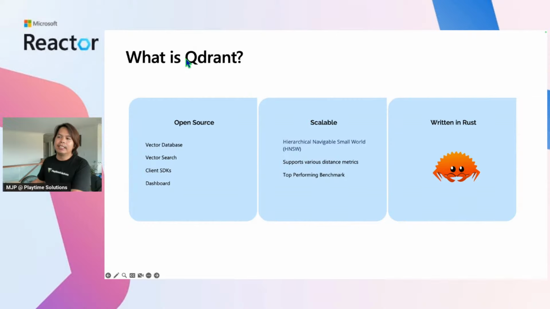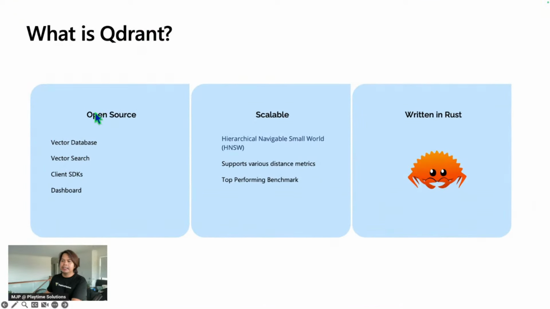But what is Quadrant, right? To easily explain what Quadrant is, first, it's open source. And the thing about Quadrant that makes it a bit different is that it's not just a vector search. They position themselves really as a database, right? But depends on how you interact with them here and there, they might actually point out that maybe database is not the right term for it. Quadrant is a vector technology, right? That's just how they frame it, and they support a bunch of client SDKs and